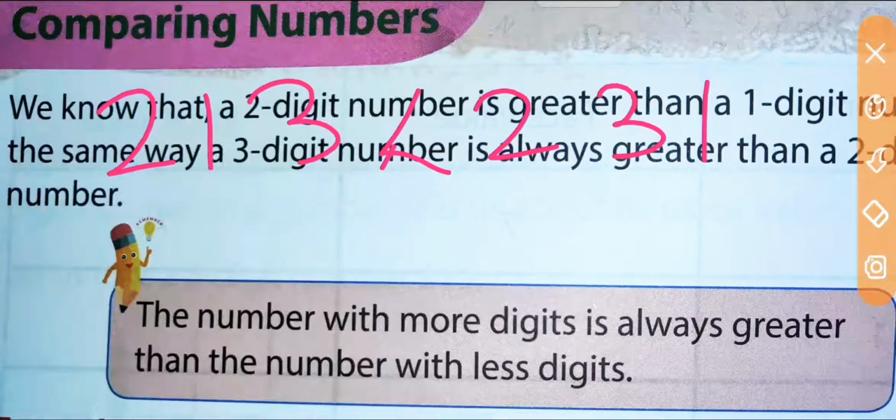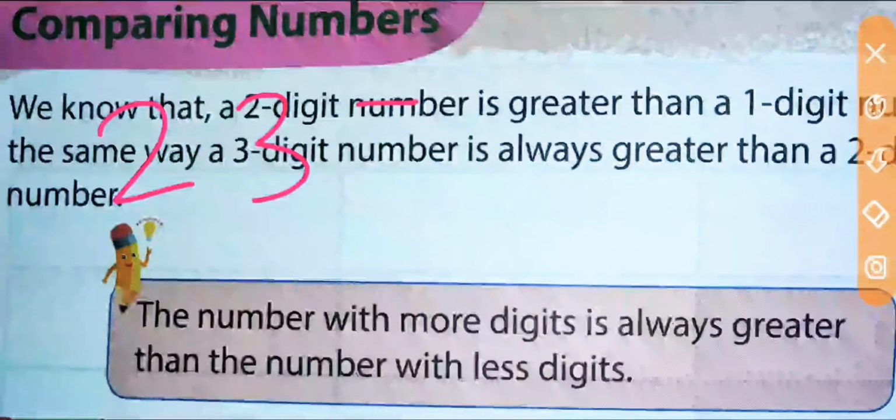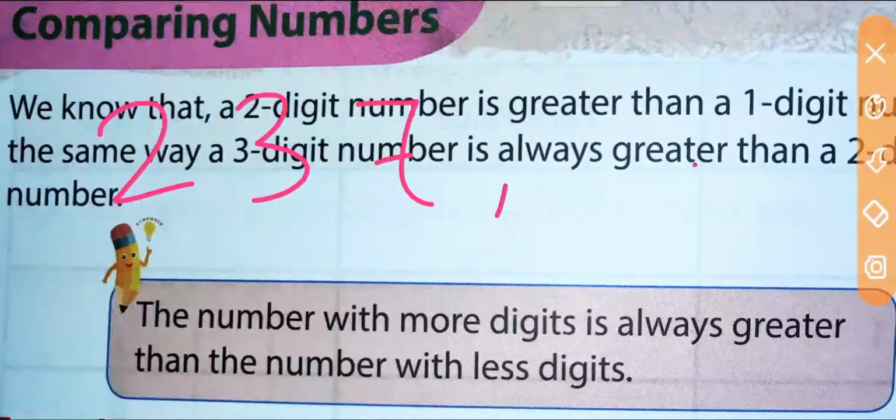Now the first two digits of given numbers are the same, that is, for two numbers the digits at the place of hundreds are equal and the digits at the place of tens are equal. Then how will we check which one is greater and which one is smaller? To check this, again we have to check the next digit, that is the digit of ones. Now let us take another example, 2, 3, 7, and the next number is 2, 3, 9.